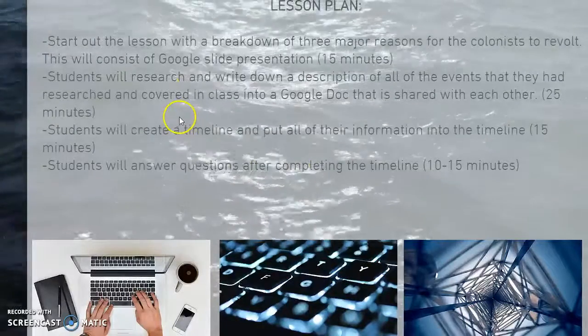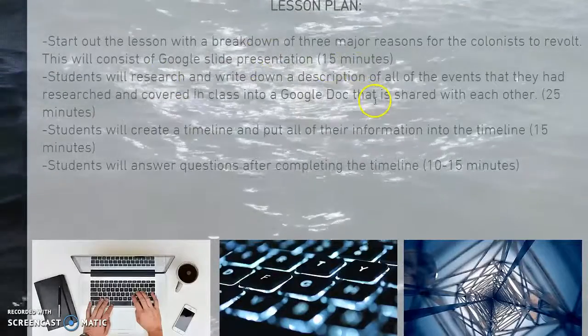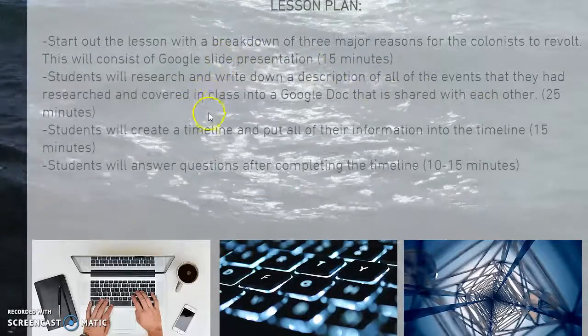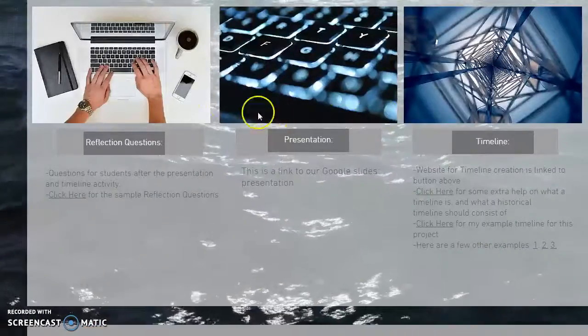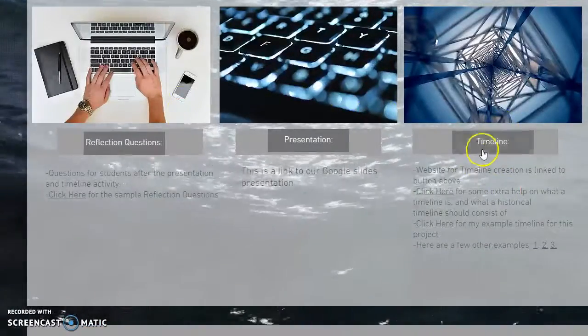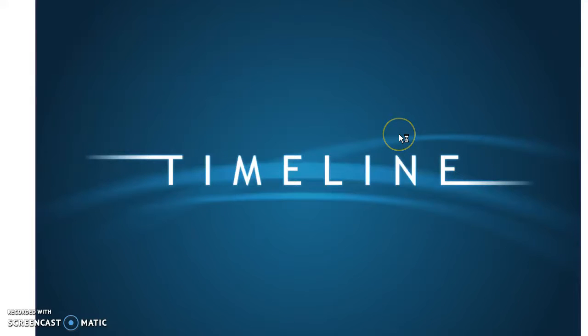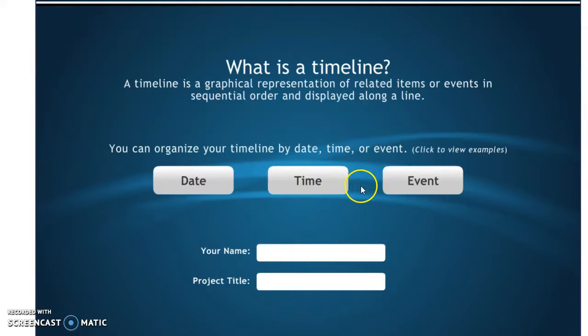And then after that, students will research and write down a description of all the events that they covered in class into a Google Doc that is shared with each other. So they're going to split up into small groups, and they're going to work on a timeline. Yes, they're going to build a timeline